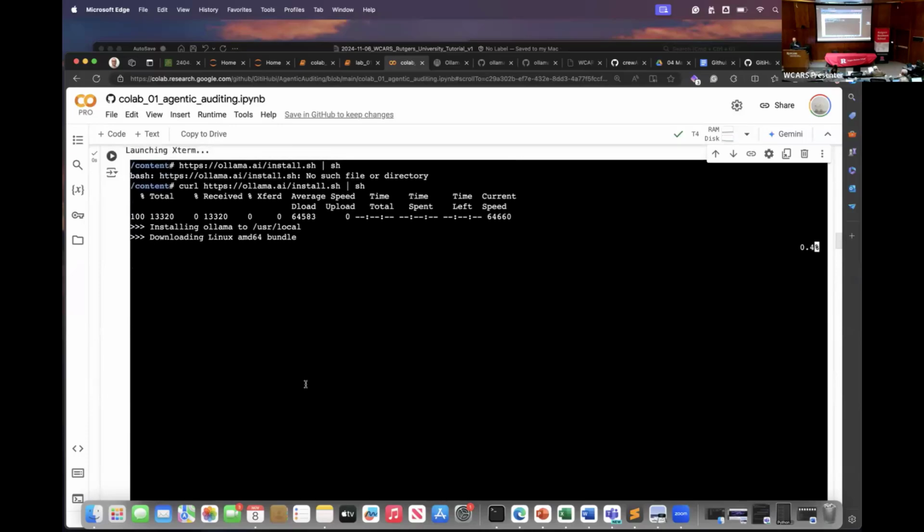All right. So now what's happening is it's downloading Ollama, the library that allows us, or the framework that allows